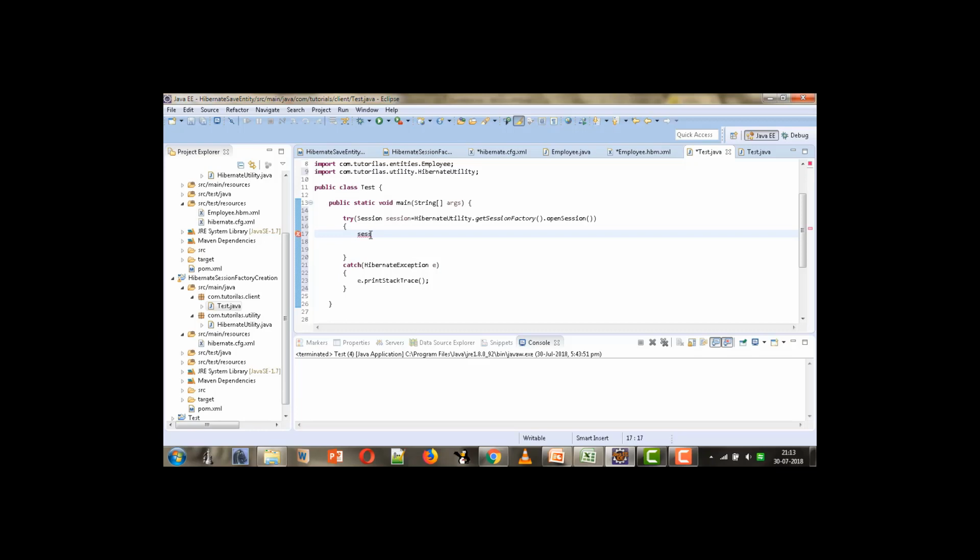Okay, so here what we need to do, we need to first begin the transaction by calling the method beginTransaction using the session object. So here we will give session.beginTransaction. Because we are going to make changes to our database, we need to first give the call to the beginTransaction method, and then we can call the getEmployee method to return an employee object. So here we will declare a reference variable in which we will store the object returned by the getEmployee method.